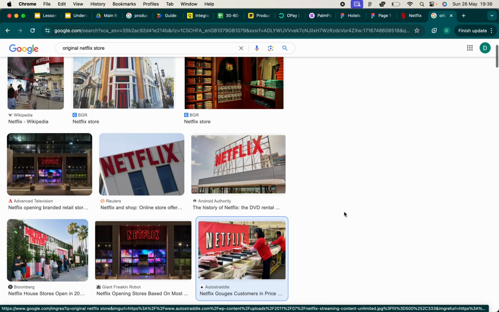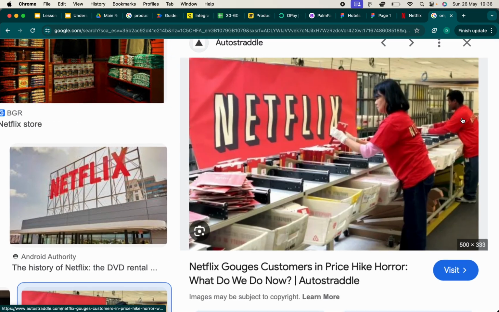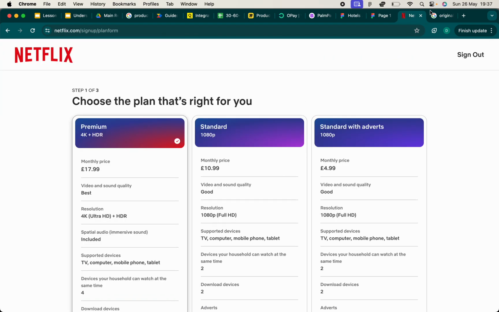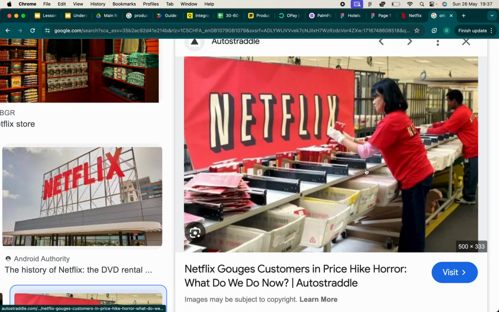Can you all see my screen? I assume you can. This is what it looked like. These are all DVDs. So this was the original vision. That's why we're reverse engineering. We're going back to how it was, and then we'll go to the future, or how it became. This is how it is today, online. But in the original idea, it was just a DVD that people can come in and they will subscribe, or they'll become members. You sign them up, and then they will take a DVD home, they watch the DVD, and then they bring it back. That's it. That was how it used to be.